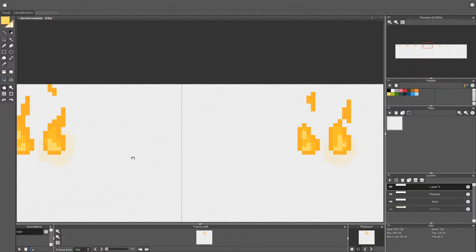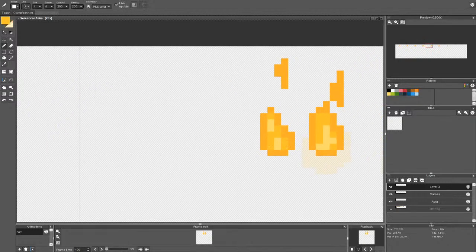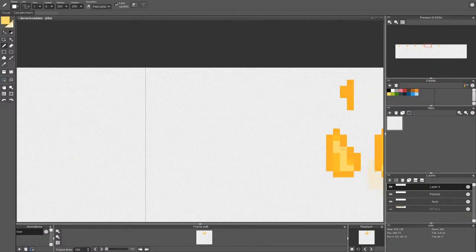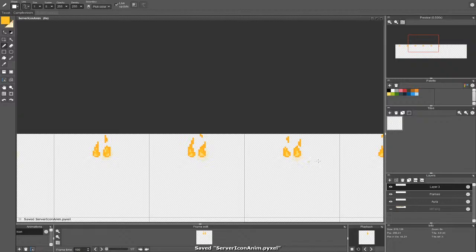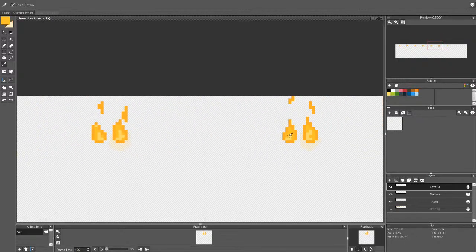So now, let me just quickly check. Yeah, I forgot to change this part, so we have to change this part as well. And this part should be now up there, maybe like this. Okay, so we changed the shape, now we have to change the texture as well. So I think we can keep it like this.